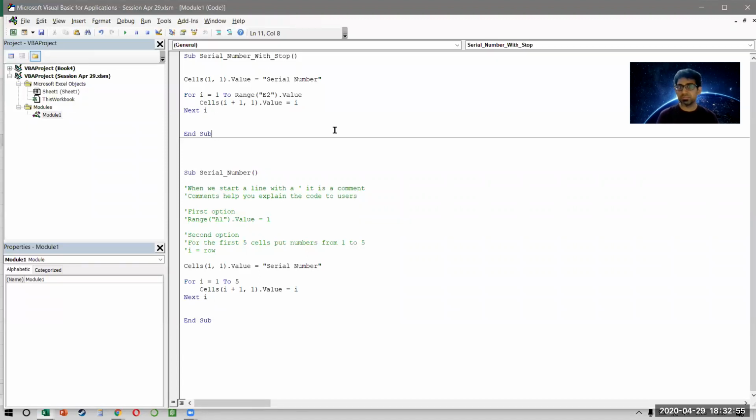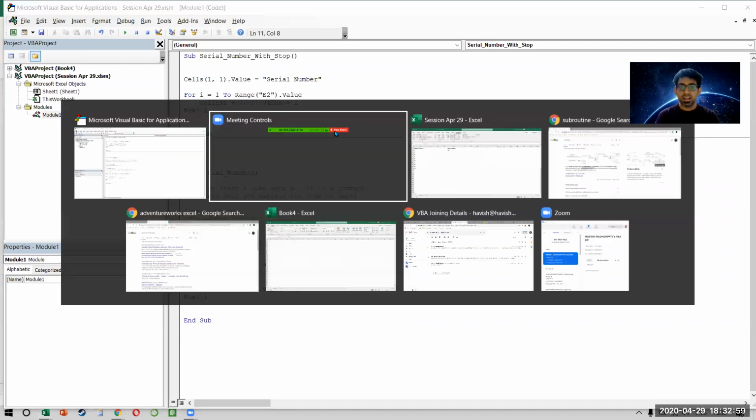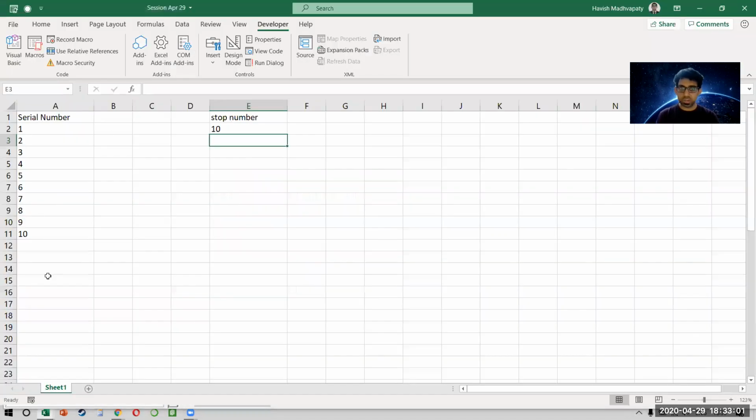Now there's a bit of a problem. The problem is, this is not a good code. I'll tell you why. The user has chosen 1 to 10. What will happen if the user chooses 3? Anyone? So if I choose the number 3 and I run the code again, what will happen? Do you think the numbers from 4 to 10 will get deleted? Yes or no?